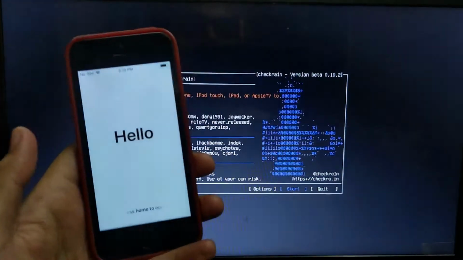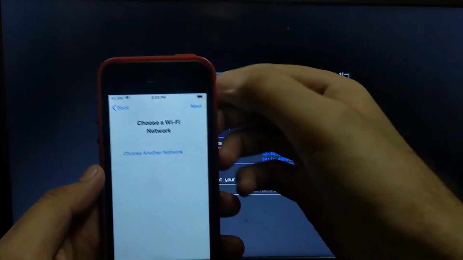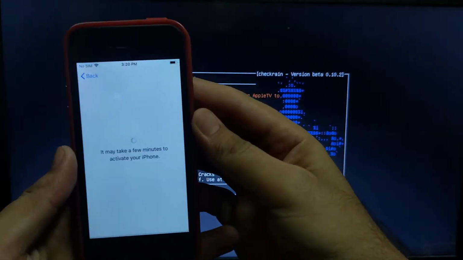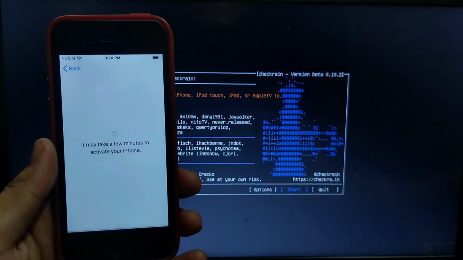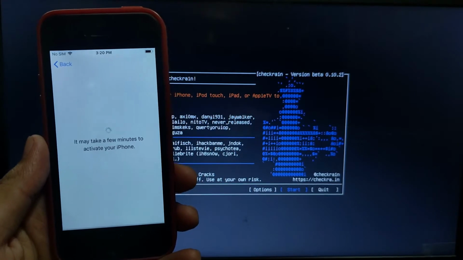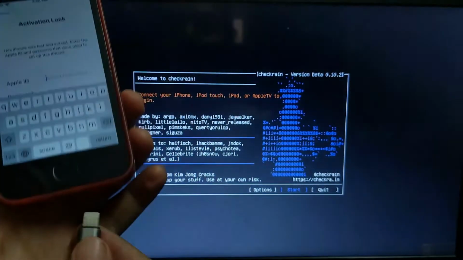And now many of you are thinking, can I apply the same trick on the Hello Screen devices that are on activation lock? Yes, you can. You can apply the same method on this device also. Let me show you. For example, I have an iPhone 5s that is running on 12.4.7 and it is on the activation lock screen. So you can apply the same trick.